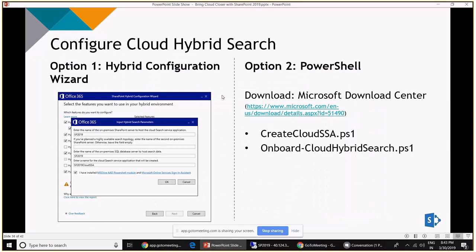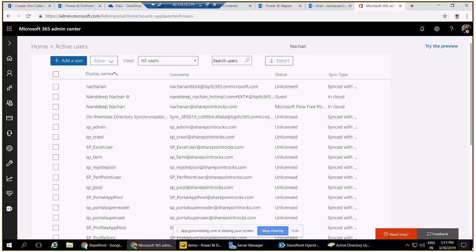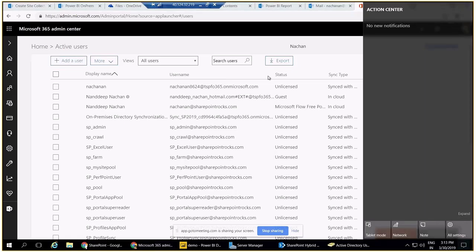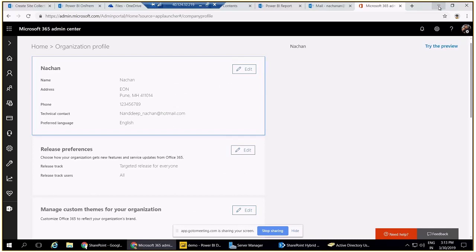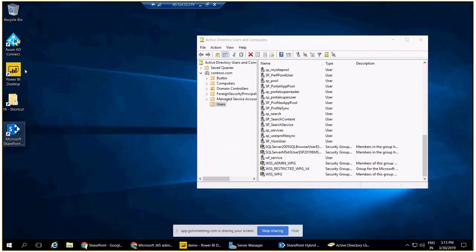And then the next thing is that we should configure the cloud hybrid search. In that case, as I said, we can create only one cloud search service application in SharePoint Server 2019. So if I again go back to SharePoint Server 2019 and open the, one moment, it's a bit slow. Again, if I open up this hybrid configuration wizard,